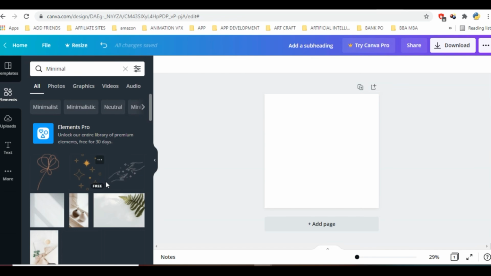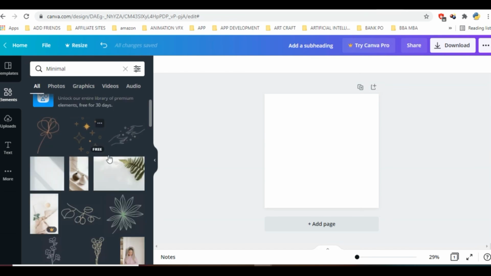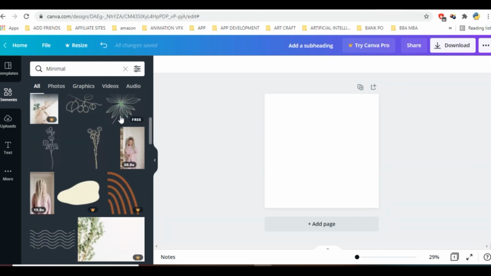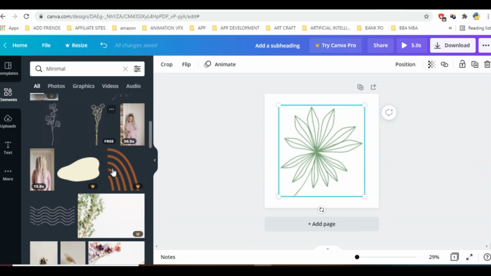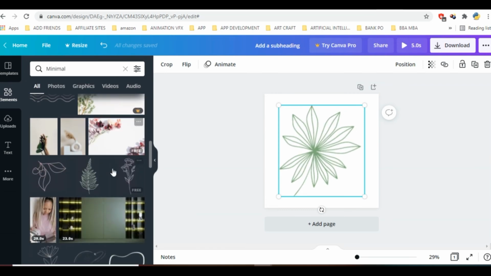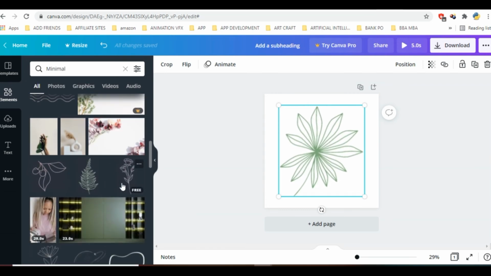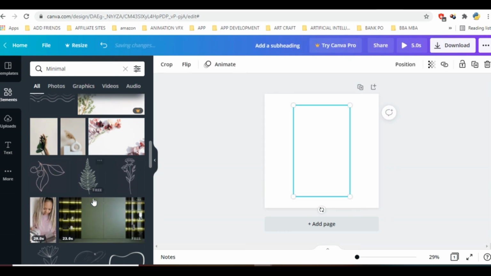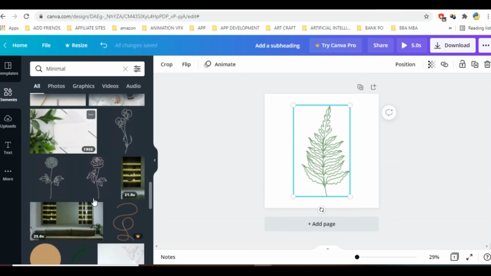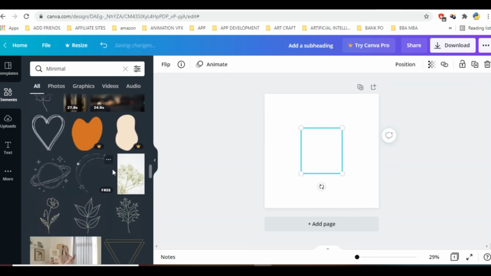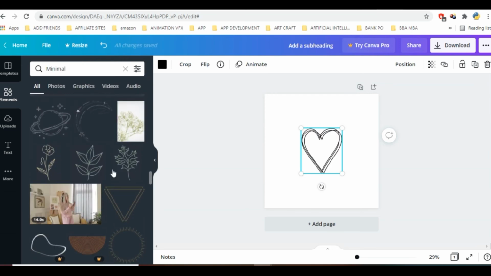The next element is minimal. Inside this, you can find amazing illustrations, amazing designs such as heart, planet, stars, leaves, flower.